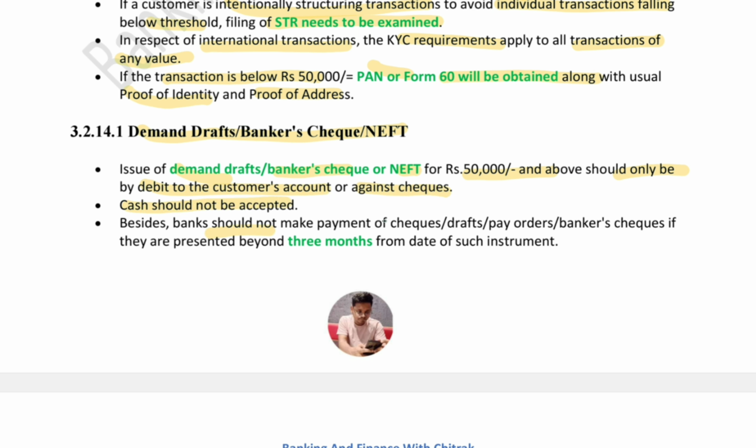Also, banks should not make payment of checks, drafts, pay orders or bankers checks if they are presented beyond 3 months. You know that every such instrument has a time period of 3 months. So if they write the date of 1/1/2025, let's suppose, then you have to make the payment or do the NEFT within